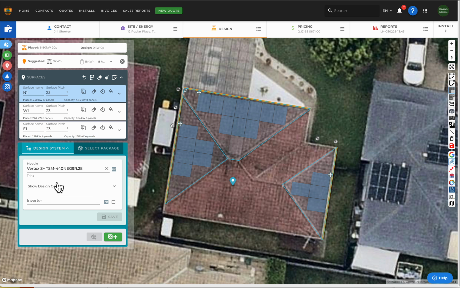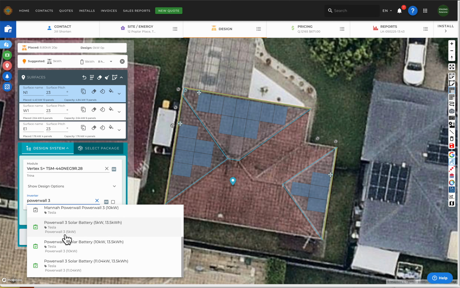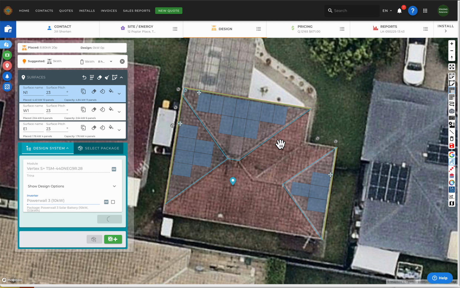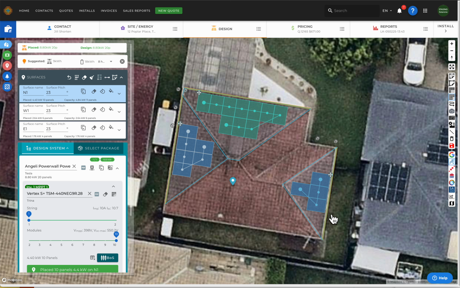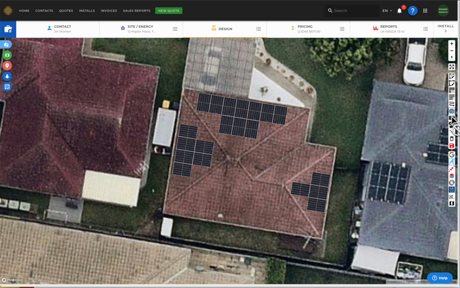I might drop that panel. Now it's showing us the system size that we've created. I'm going to select an inverter, and once I do this, I'll select the power wall. It's going to do the job of setting up the string configuration and stringing up that design. So I'm done here. All I need to do is grab that nice image for the proposal, and I'm off